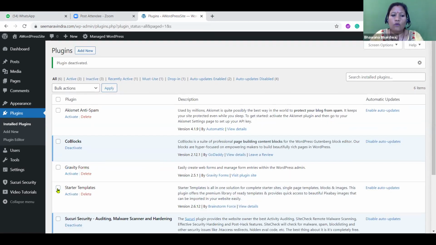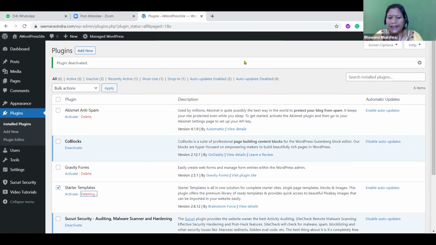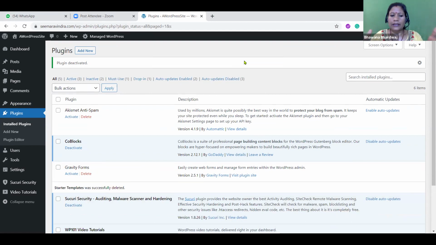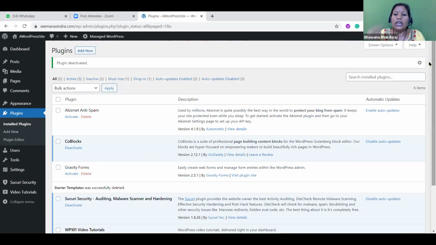So I also want you to delete it. I would say delete it right now, because we are going to start fresh. Right? So any time, if you find that any plugin or any theme is not being used continuously, you can deactivate and delete it. I want your server to be as clean and as minimal as possible. So you are clear about which themes and plugins you are working on right now.